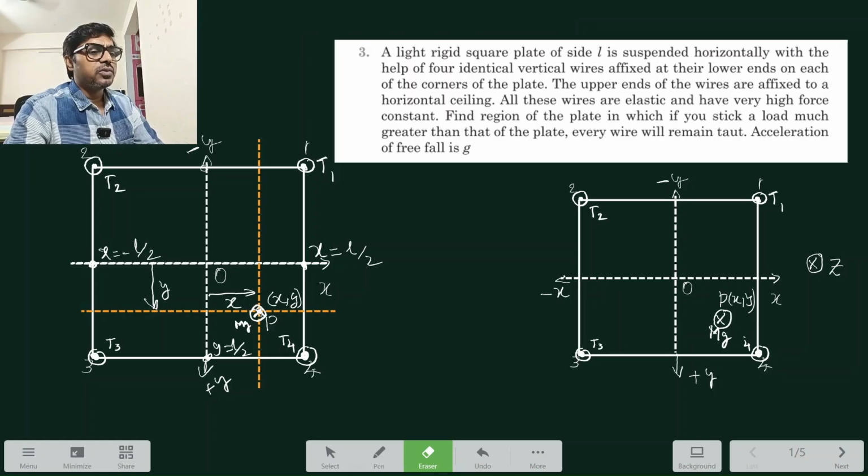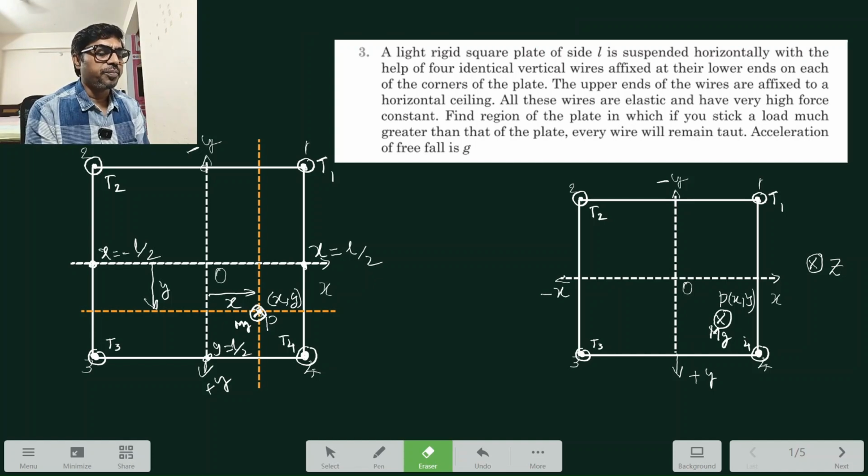A light rigid square plate of side L is suspended horizontally with the help of 4 identical vertical wires. So the last question was legs, now it is wires, we are hanging it from the ceiling, affixed at their lower ends on each of the corners of the plate. The upper ends of the wires are affixed to the horizontal ceiling. All these wires are elastic, that means they can deform and have very high force constant. Very high force constant K meaning they will deform, but the deformation is negligible compared to the dimensions of the